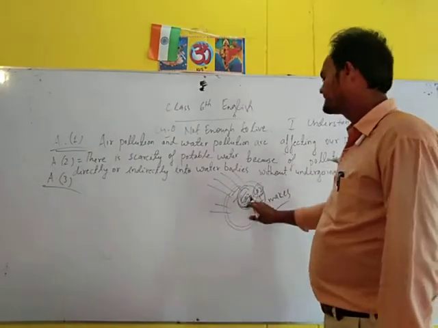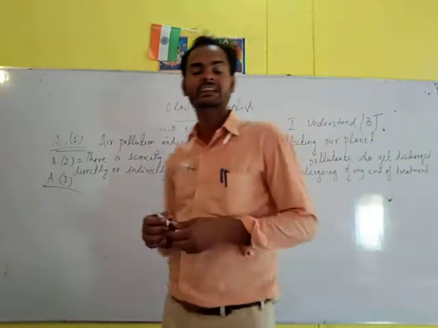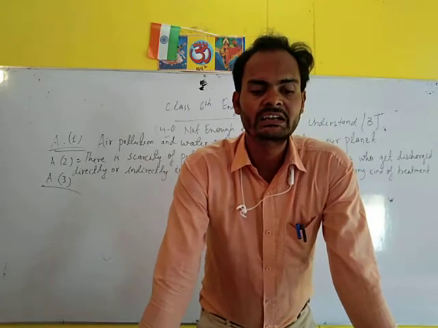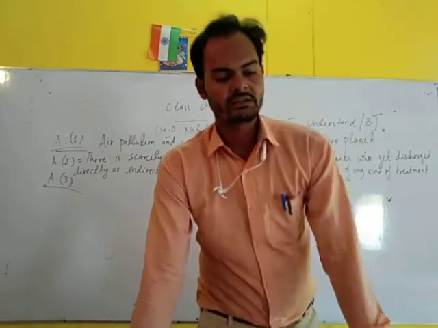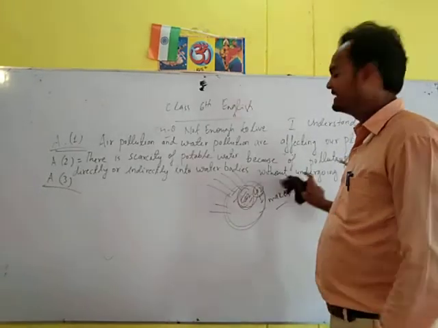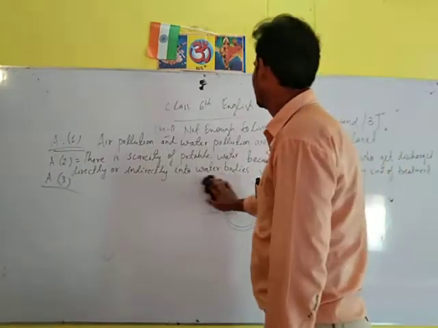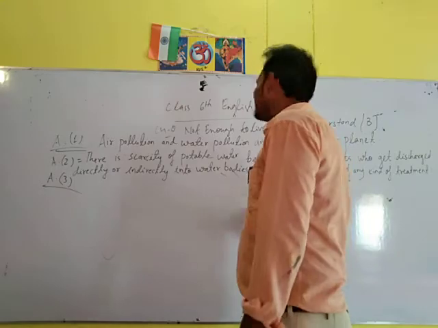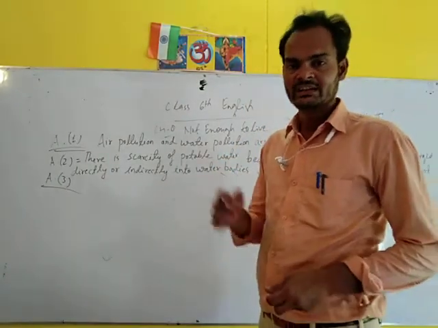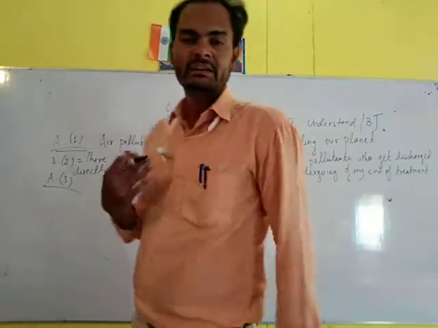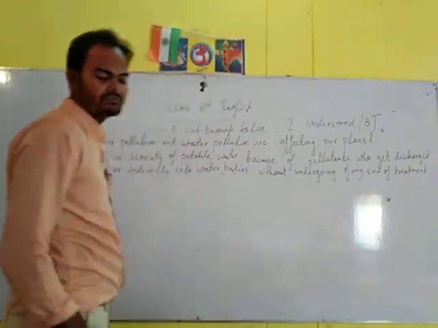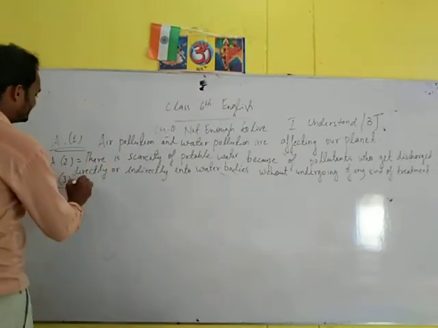So by this trapping of heat in gases like carbon dioxide and methane, our globe heats more and global warming increases. So carbon dioxide increases the global warming level by trapping the sunlight in it and further radiating it onto the globe, and it increases the temperature of Earth. So in the answer we have to write: